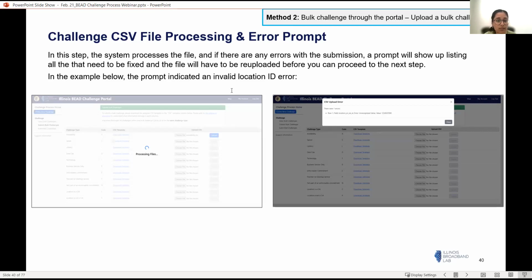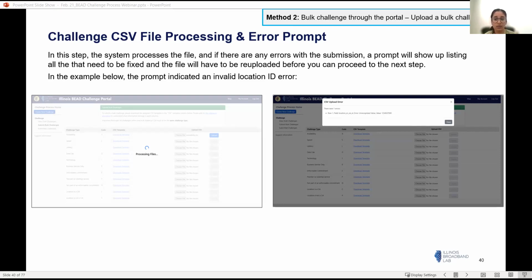Then it starts to process the file that has been uploaded. In the first screenshot, it shows a little circle going around saying processing files, where it's going to read through all of the records that you have submitted as part of the CSV. If there are any errors, an error prompt shows up. Just for this example, it shows that there is an invalid location ID. We've tried to make sure that the error message is as intuitive as possible.